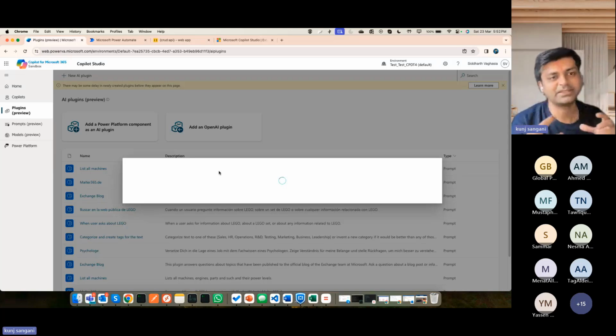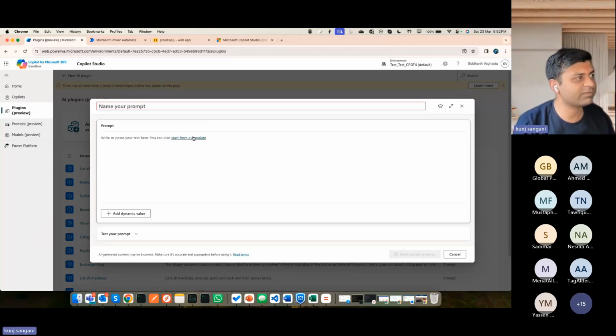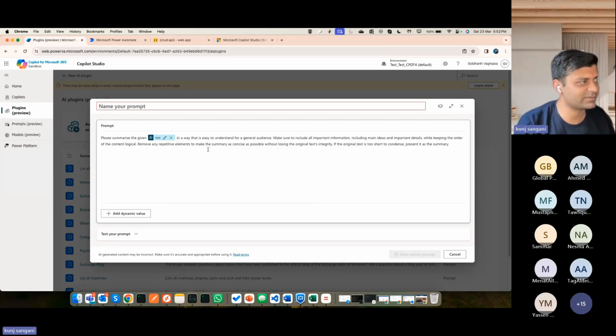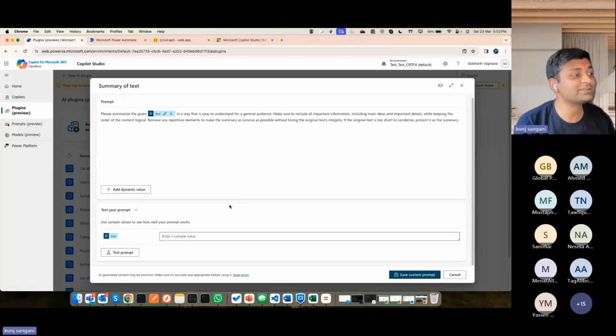what it does is behind the scene, it leverages the AI Builder which we have for the Power Platform. Okay. So it says start from a template. I can select summarize text, for example. I can give the name of the prompt, summary of text. Now I can test the prompt. I can give some text that